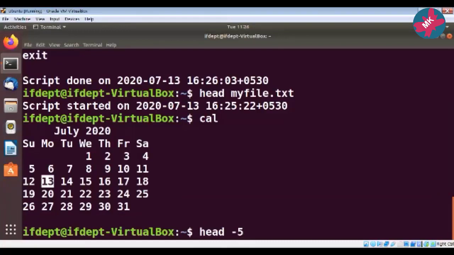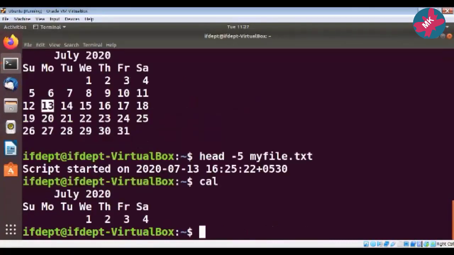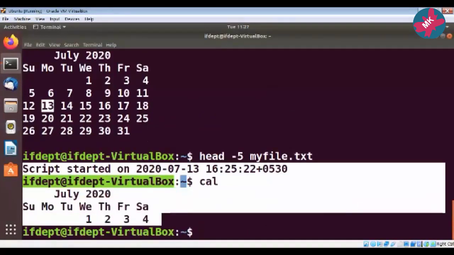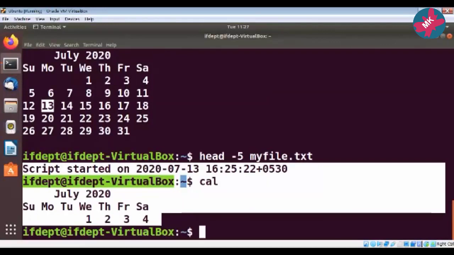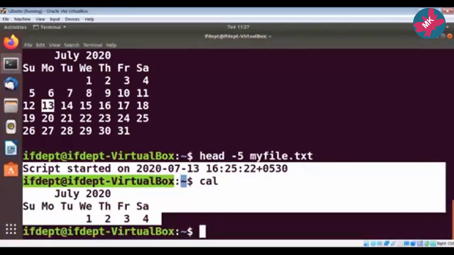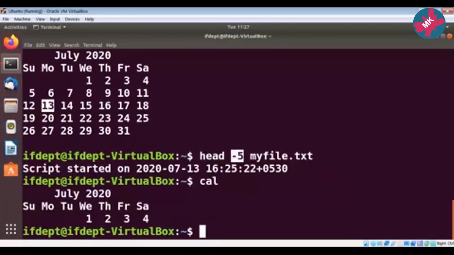Then I will type head, then the option -5, then myfile.txt. See here, only 5 lines from that file are displayed. So this is the use of the head command. It is used to read the first 10 lines of a file. 10 lines is the default, but you can change it as per your requirement.